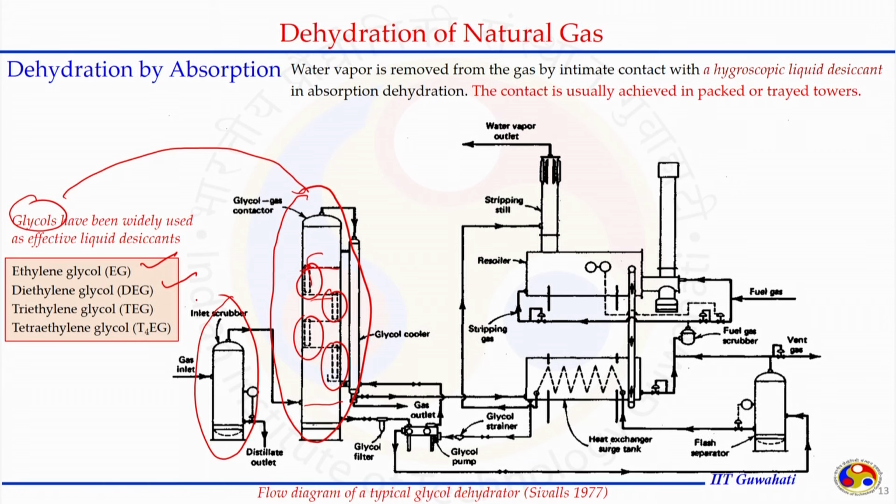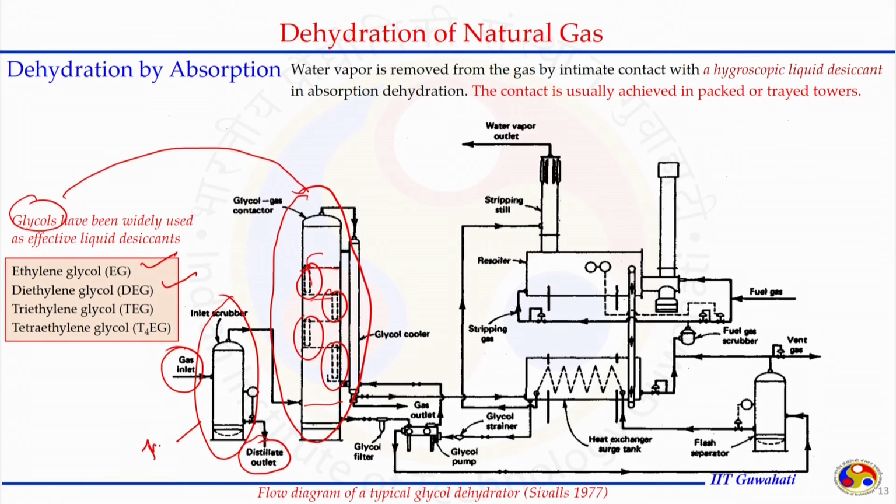And when it is happening, again a similar kind of terminology we can follow. So, the wet gas, means it is rich in water, is being sent to this absorption process. Before it goes to the absorption tower, if it is carrying some impurities like liquid hydrocarbons, solid particles and others, those should be separated out with the help of an inlet scrubber. It is like a separator. So, the wet gas inlet is here. We are going to get the distillate outlet in this separator, and if we have oil and free water, then we have to use a 3-phase separator here.